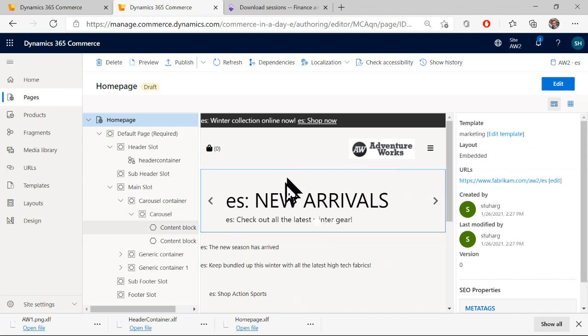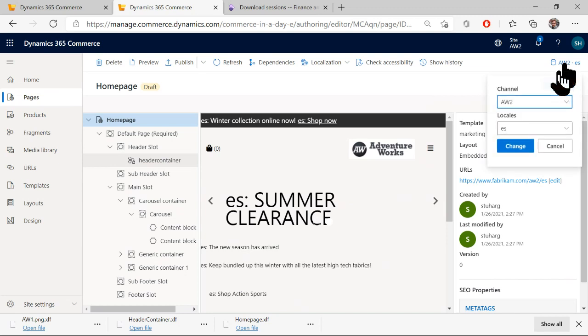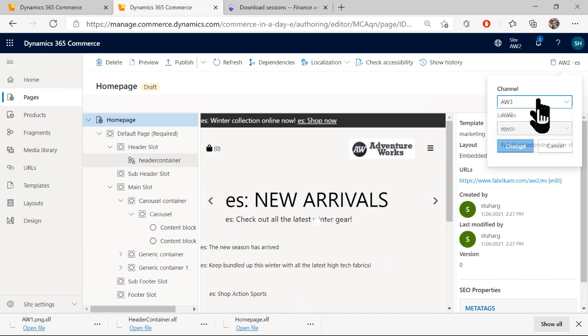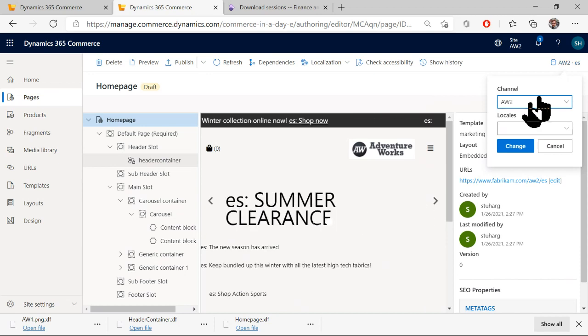within a particular channel. Now, it is also possible to create localized variants across channels. Like we've been working within the AW2 channel this whole time. And as you can see, if we go to the AW3 channel, we've got a couple languages, and we also have the Fabricant Online Store channel with a single language. Now, why don't we try to create a new language for